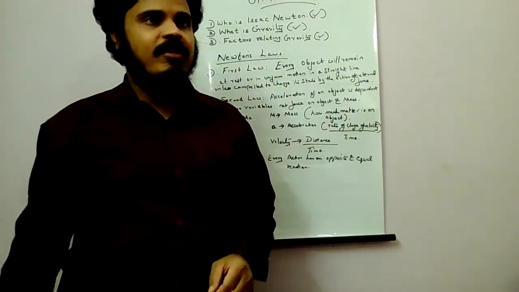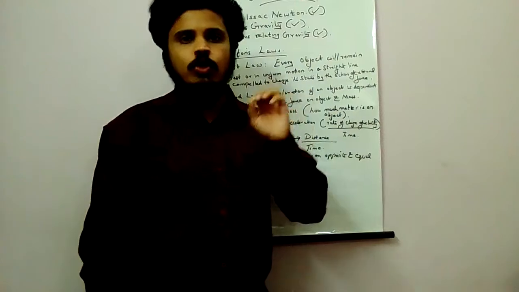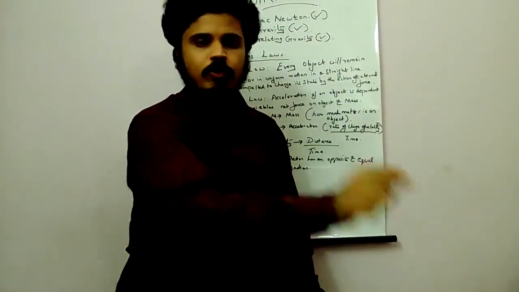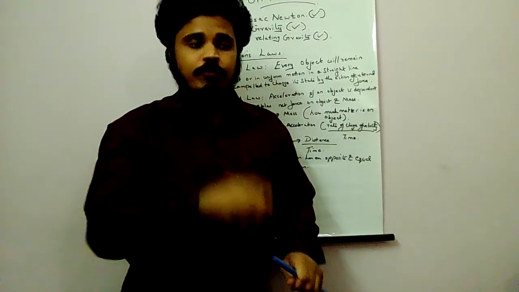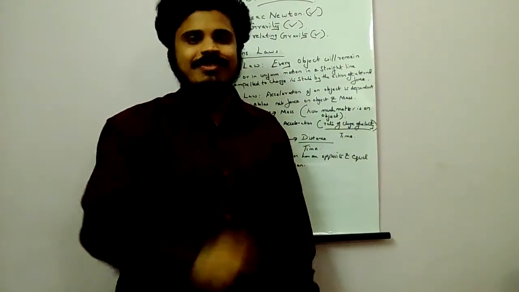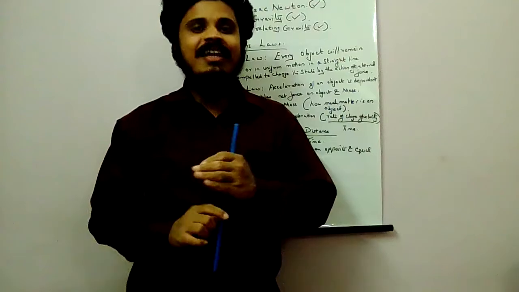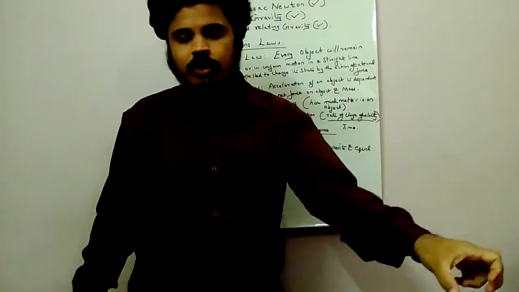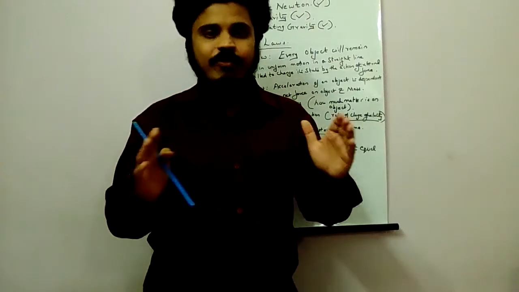We can give an example, a man throwing a ball. When a man throws a ball, what happens? This ball will fall onto the earth's surface. This falling of the ball onto the earth's surface is because of the force of attraction, that is the gravitational force. Now, the falling of the ball onto the earth depends on various factors.